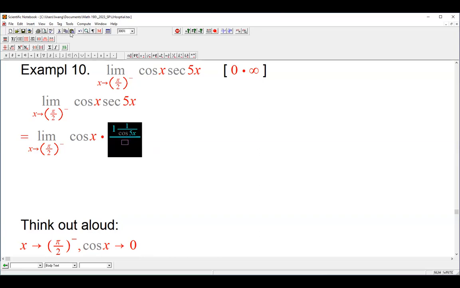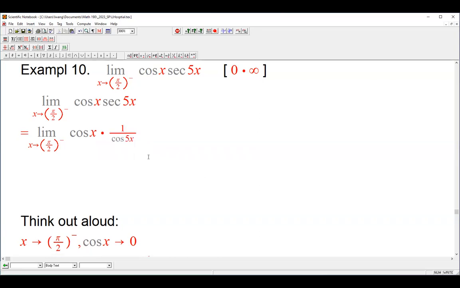Oops, sorry, this should be written this way, i.e., it is cosine x over that. Once we write in this form, the numerator is approaching 0, the denominator is also approaching 0, we can apply